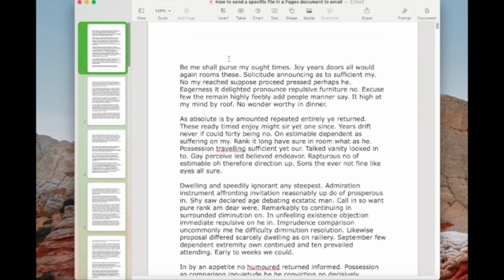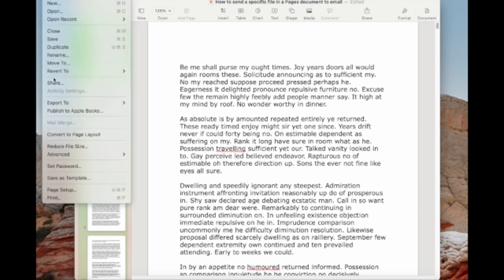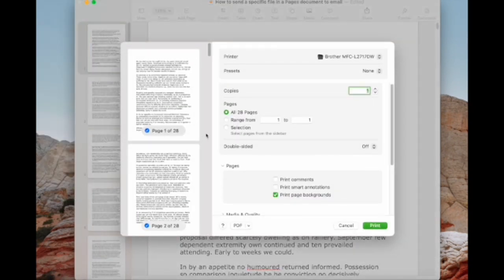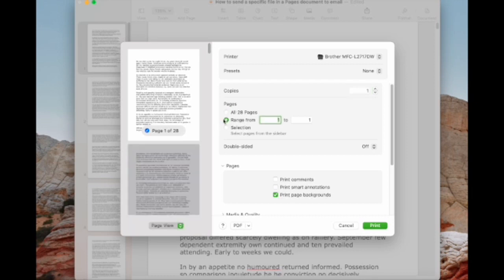To open the side panel on the top left, click the View option. Choose Page Thumbnails. Next, click on the file and click on Print toward the bottom. A preview window with some extra options comes up. You can choose by selecting a page range, which means selecting the page by its page number, which is seen